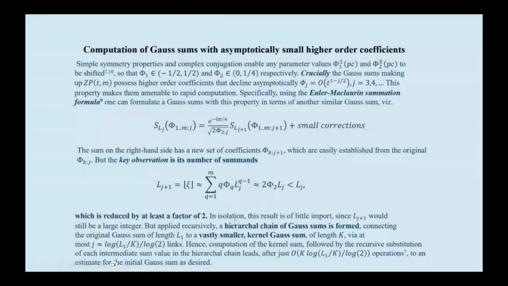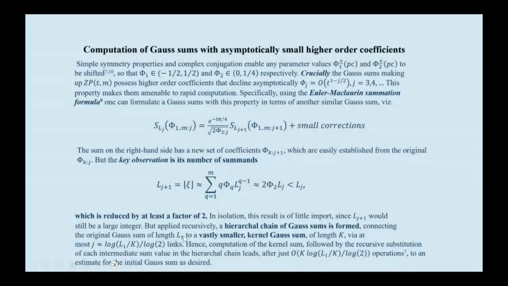Now in isolation, that result isn't much of use, because this would still be a very large number, and even if you halved it, it's still a particularly large number. But crucially, what you can do is repeat this recursively. You can take this sum, express it in terms of another Gauss sum, and halve it again, or at least halve it. Then the next one, and you can halve it again, and quite often you're doing much better than half, because obviously, if this is say 1/8, you're reducing it by 1/4 or that sort of thing. So this is being gradually reduced, and eventually you can carry on,